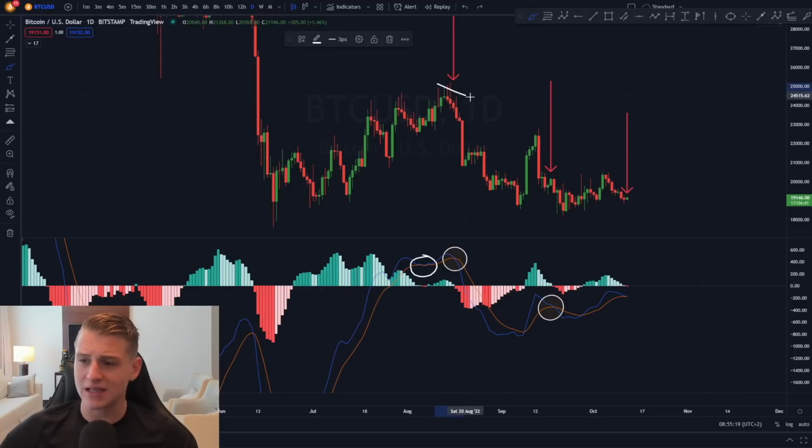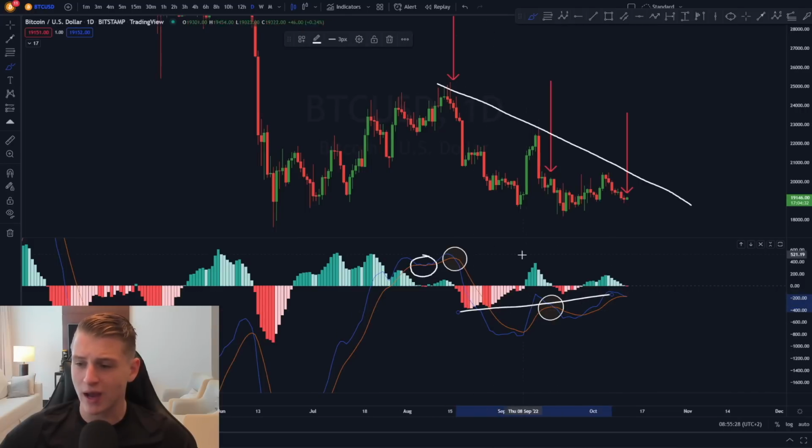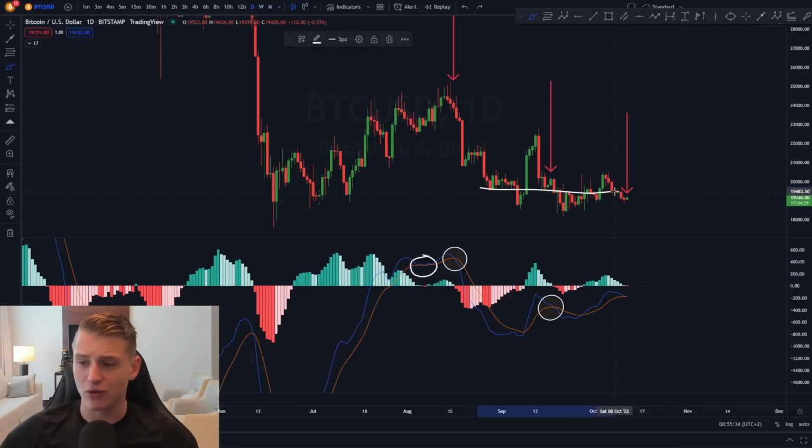But currently, like you can see on the daily time frame, Bitcoin is forming lower highs on the daily candles. The momentum is also shrinking towards the downside. We can see the sell pressure shrinking, we can see the buy pressure shrinking, we can see the price action stabilizing. So what does it mean? All these signals coming together